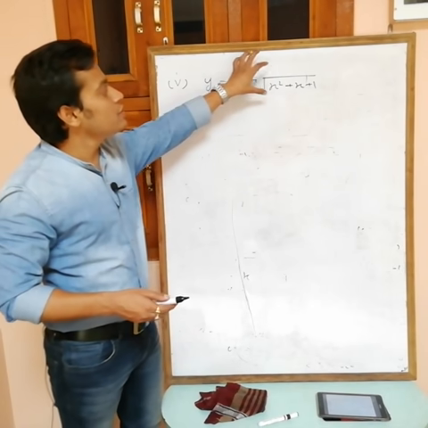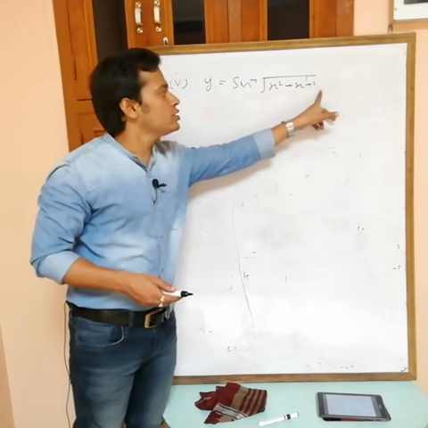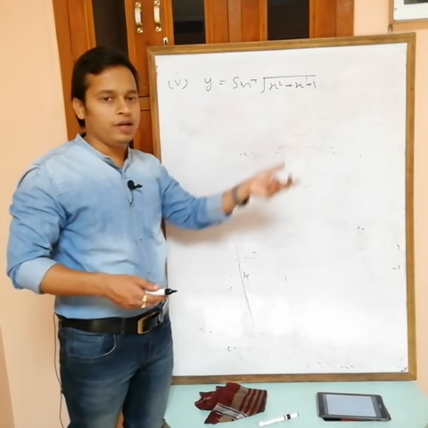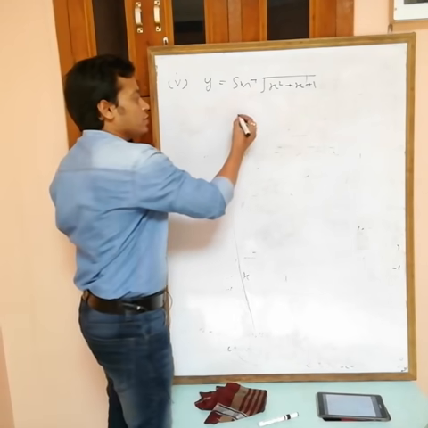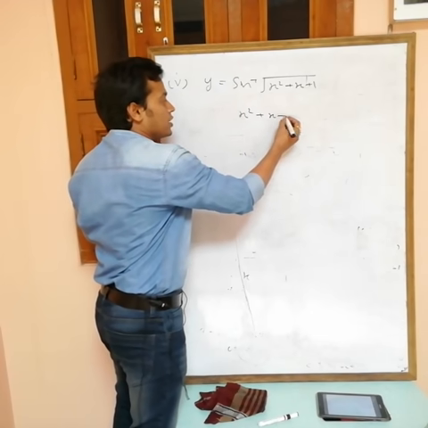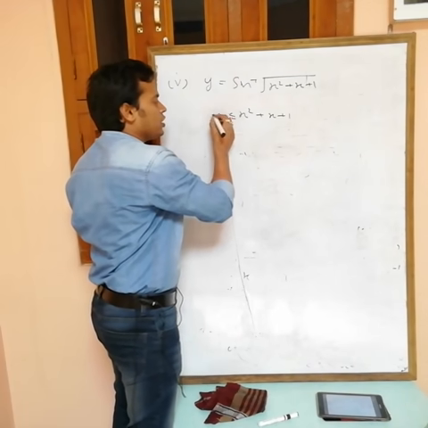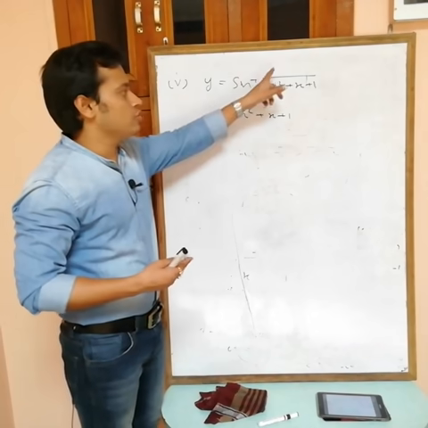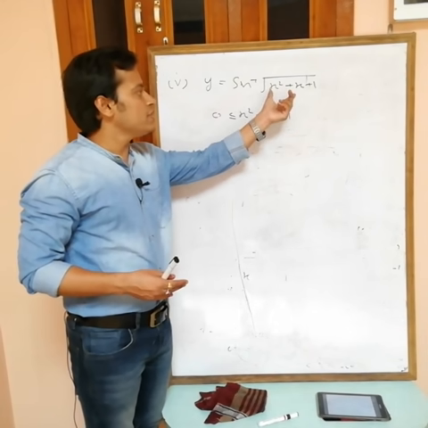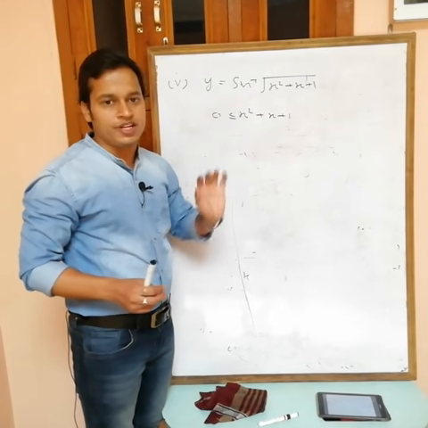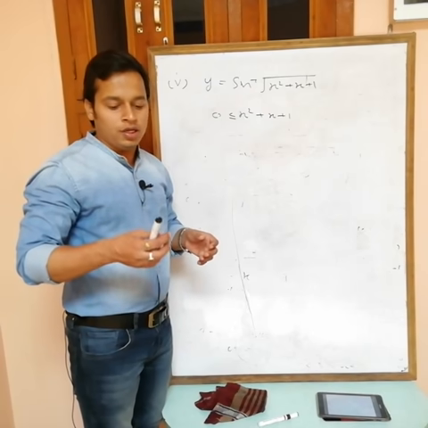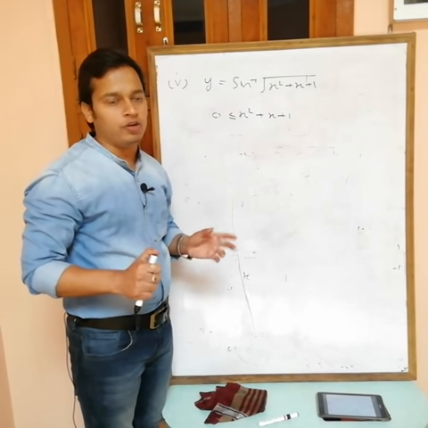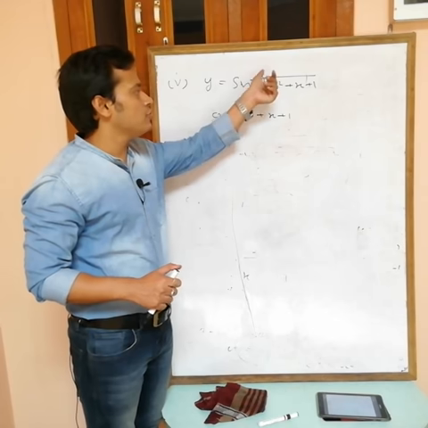And when is this equal to 1? When this one is equal to 1, then this becomes 1 now. So I am just applying the condition. See, x square plus x plus 1 must be greater than equals to 0, because of the root. If this one is greater than equals to 0, then only the root is defined. I have to apply all the conditions such that the function is defined. So greater than equals to 0 because of this root.